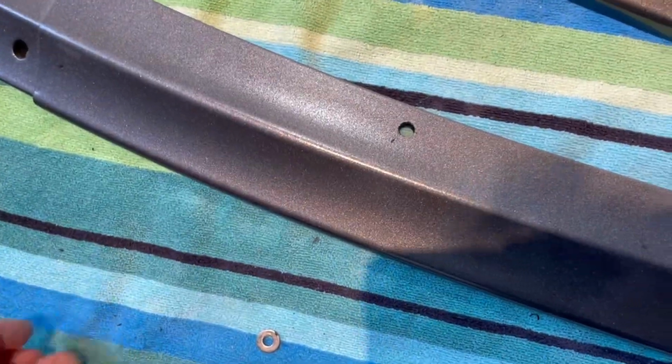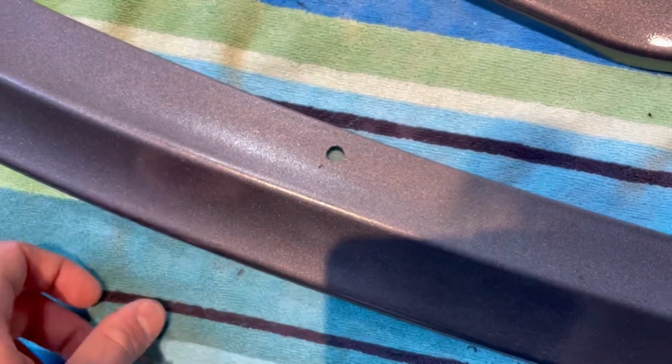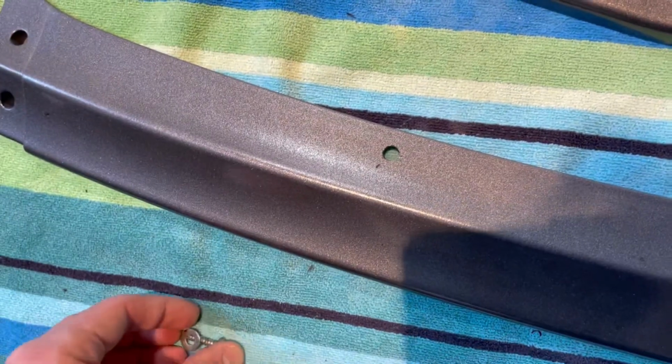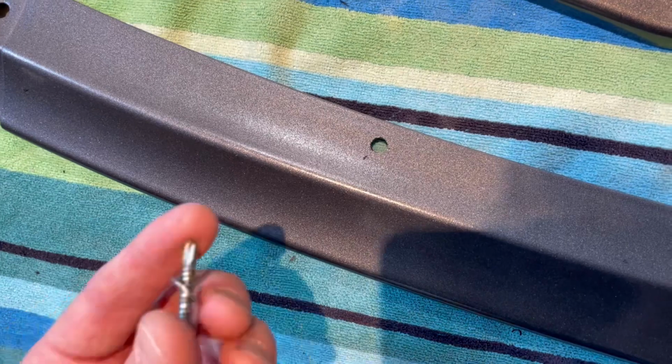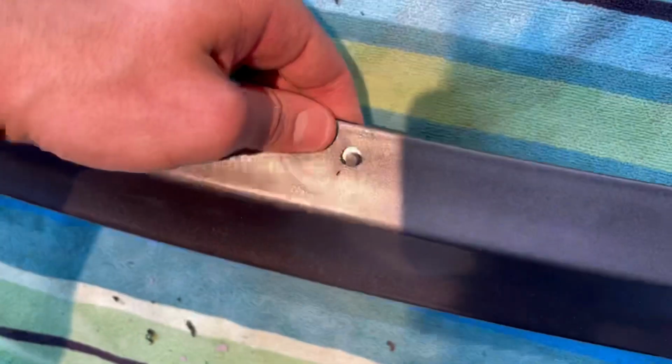And if this hole was the same size as the self-tapping screw I'm going to use, then once I have it drilled, there's no movement allowed. You do want some room for adjustment just in case, so that's why I use a 5/16 drill bit to drill a hole, and then I will use these self-tapping screws to go like this and hold it into the